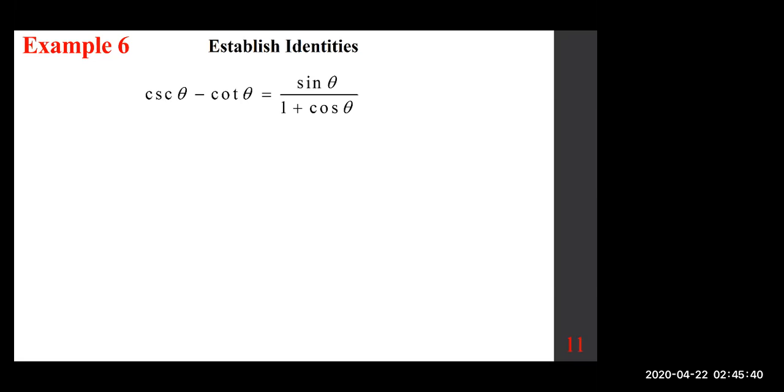We want to establish the identity. Okay. And so we want to show that cosecant theta minus cotangent theta is equal to sine theta over 1 plus cosine theta. As I mentioned, there are really different ways sometimes. You can even do the cross product. But generally speaking, as far as establishment is concerned, they either start from one side and they end up with the other,